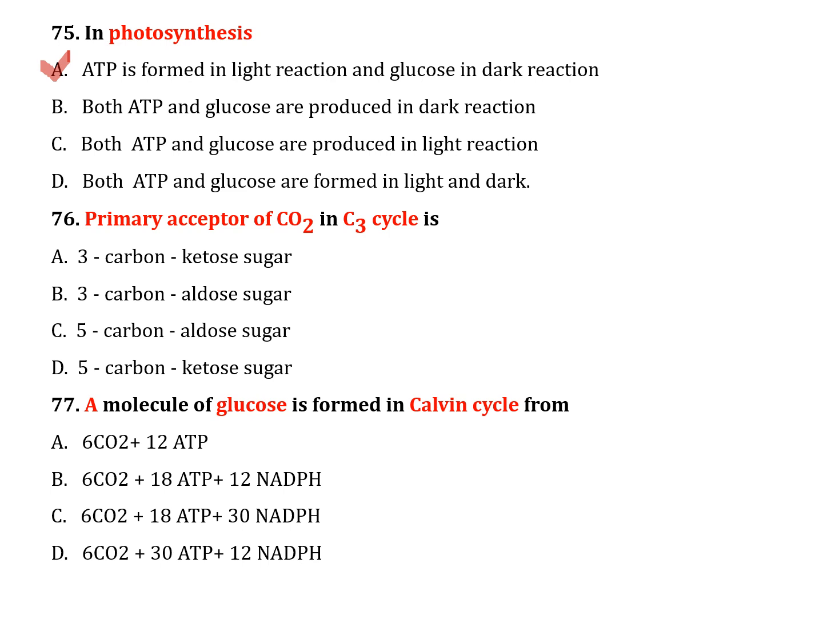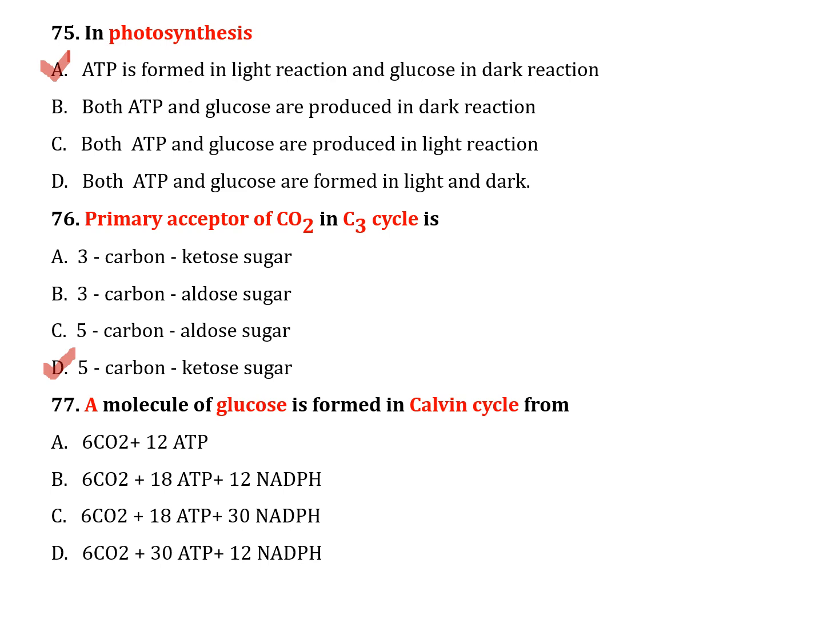Primary acceptor of carbon dioxide in C3 cycle is option A 3 carbon ketose sugar, option B 3 carbon aldose sugar, option C 5 carbon aldose sugar, option D 5 carbon ketose sugar. The correct answer is option D 5 carbon ketose sugar. The next question number 77. A molecule of glucose is formed in Calvin cycle from option A 6 CO2 plus 12 ATP,